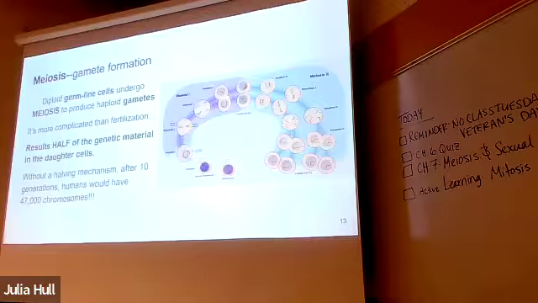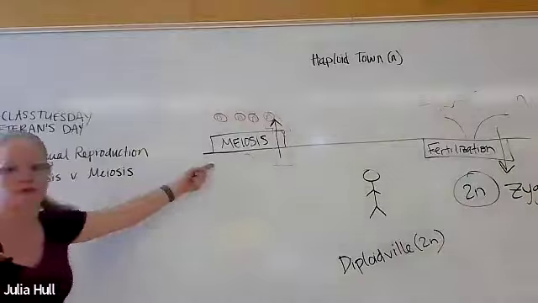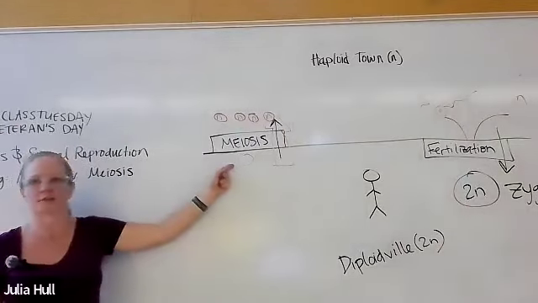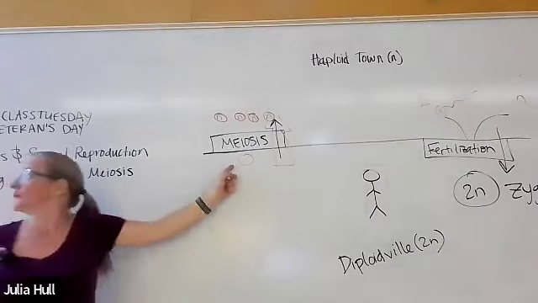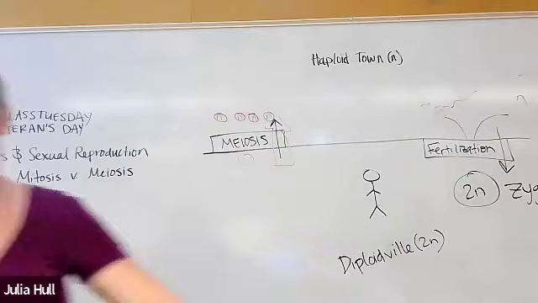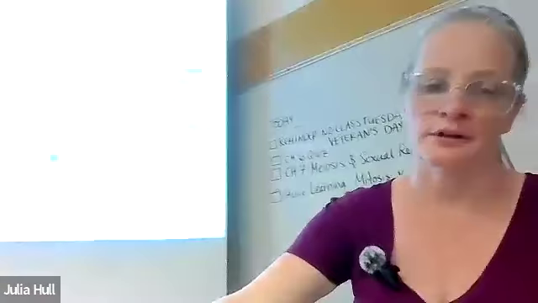So if we look back at the drawing on the board, we have this specialized cell in our bodies. It starts out being diploid, and we are going to go through this process of meiosis. During meiosis, we take that diploid cell and make 4 haploid cells. We are going to split up the genetic material and halve it. And those are going to become our gametes. Unless we're talking about plants, and then they do weird things that we don't have to talk about in this class.